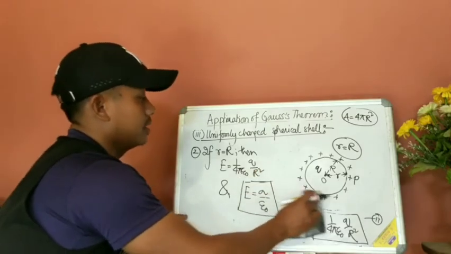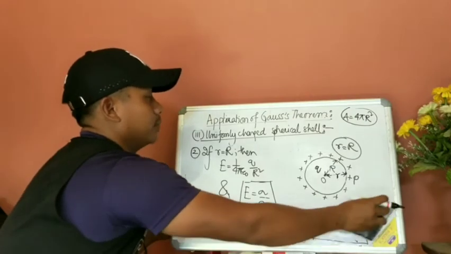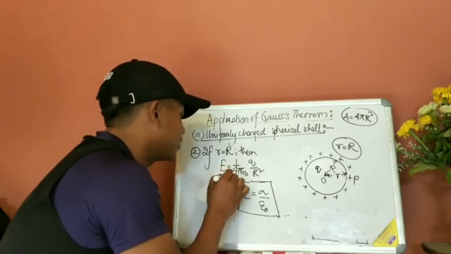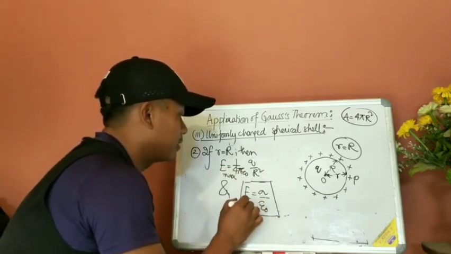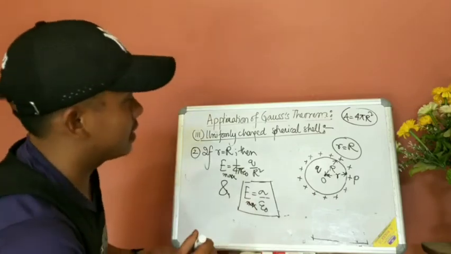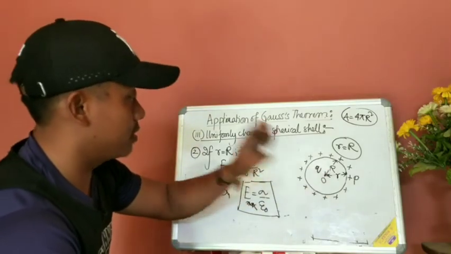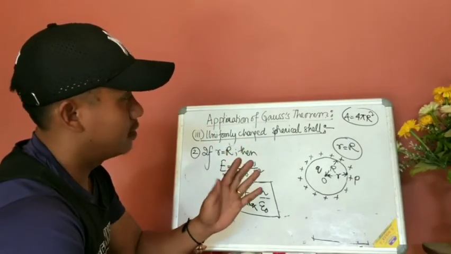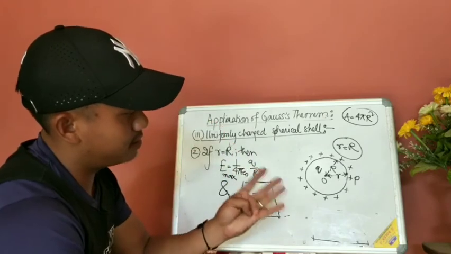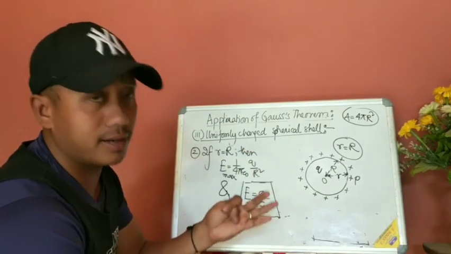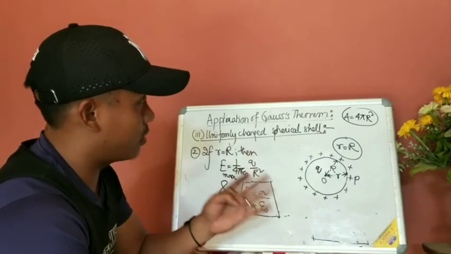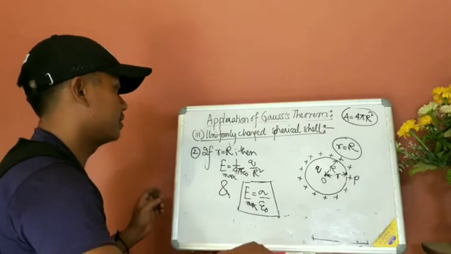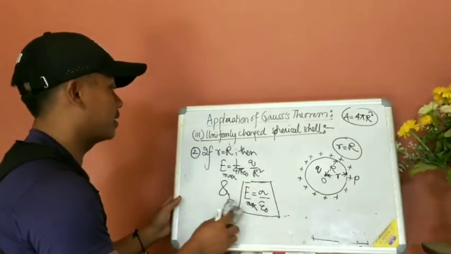So these are the electric fields when the point P lies on the surface of the cell, and you will find this E to be maximum on the surface. E is a maximum point. So the electric field is maximum when the point P lies on the surface of the cell. So you have done two cases. One, the point P lies outside the cell. Second, the point P lies on the surface. Let us see the case when the point P lies inside the cell. I suppose you are very clear up to the second condition.